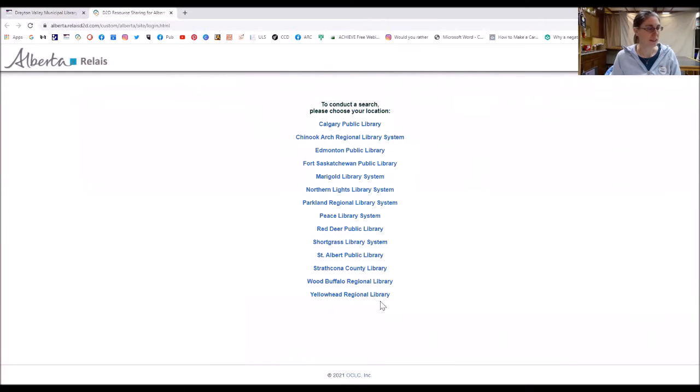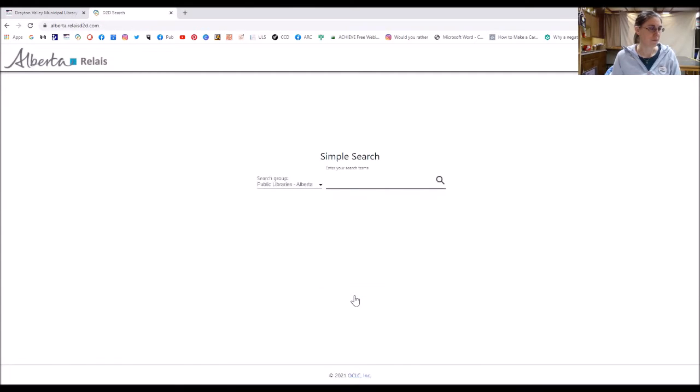The first thing to know is that you need to click Yellowhead Regional Library. So if you are a member of Drayton Valley Library, we are part of the Yellowhead Regional Library system. So we're clicking on that. Now, usually I just go with this public library search, but you can also click down and there's an academic